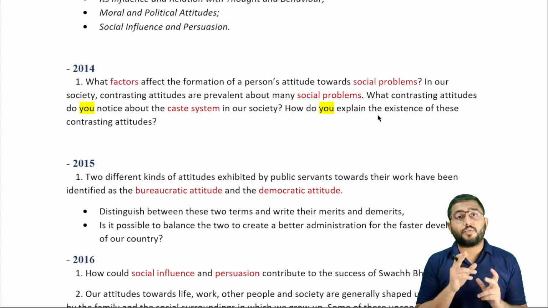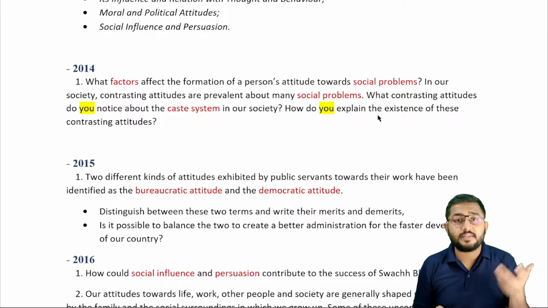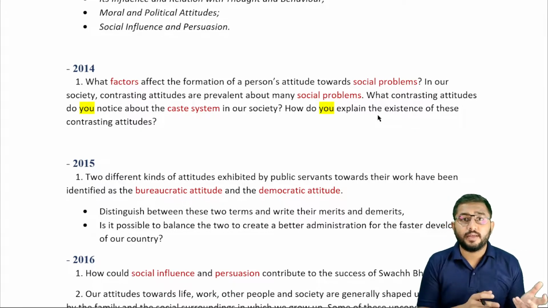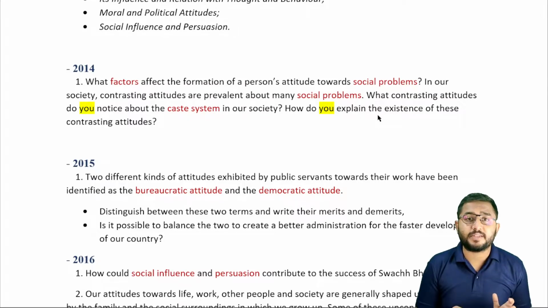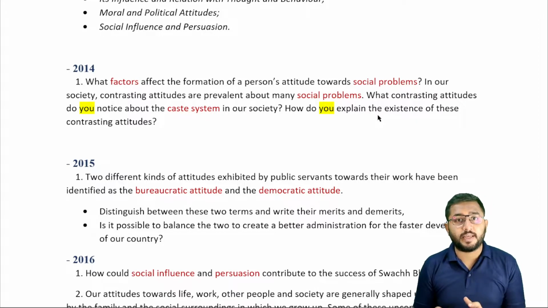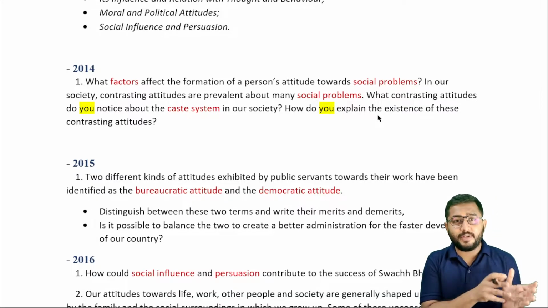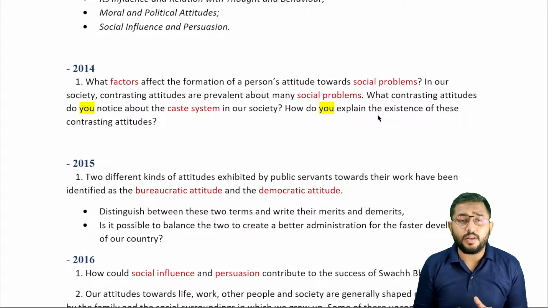Objective based questions are the questions which ask you to discuss, analyze, critically analyze, evaluate. These are objective based questions. यहाँ पे आपको एक neutral position लेके एक neutral answer देना होता है. Where you weigh in both the sides of the questions, where you weigh in every single parameter that is given in the question, and then you give your analysis of it.